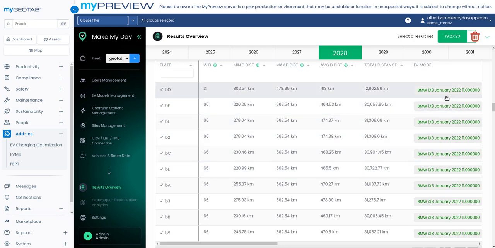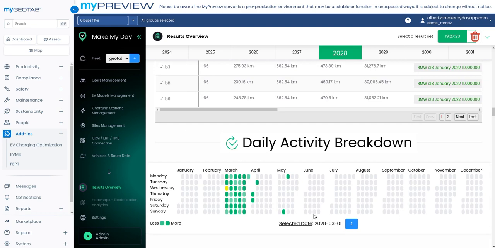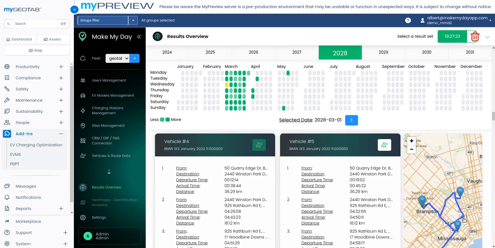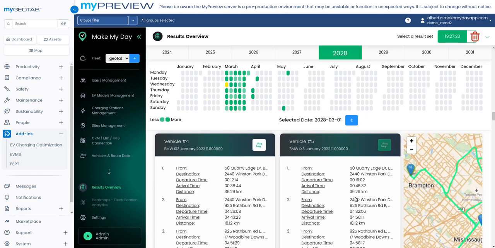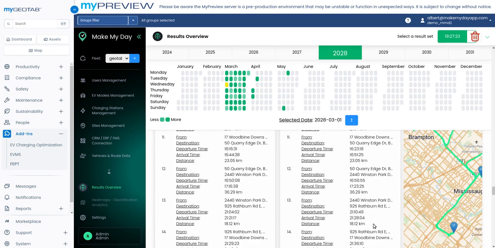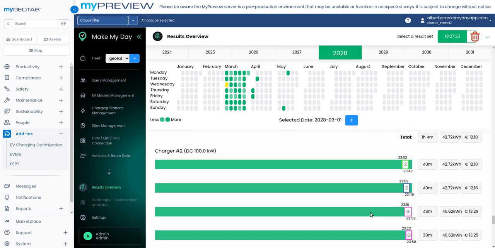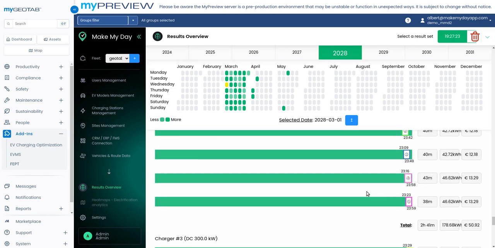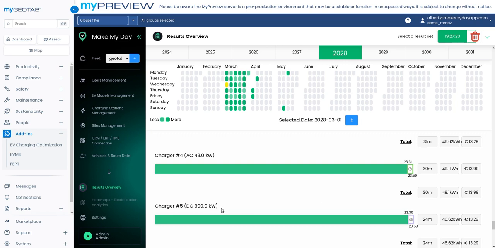We can see the different vehicles that we offer to replace, and we can even look at the different routes for each day, which routes are going to be used by electric vehicles. And the last part, after understanding the different routes, is creating the charging regime: which vehicle should be charged between which times. For example, we can see on charger number 5 to charge vehicle number 8, most of the charging is at night,